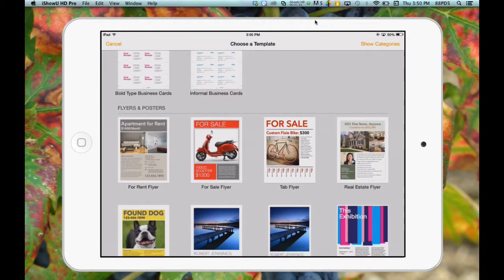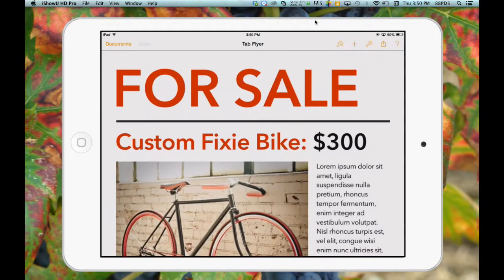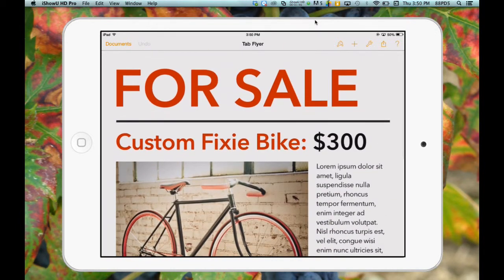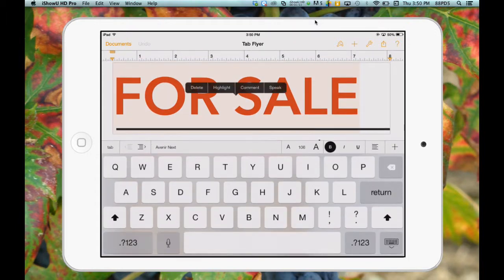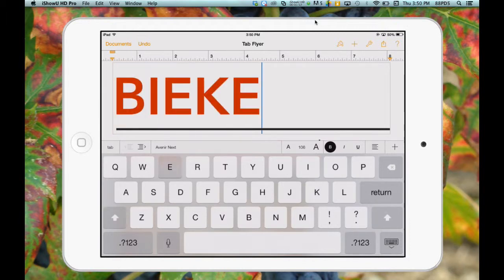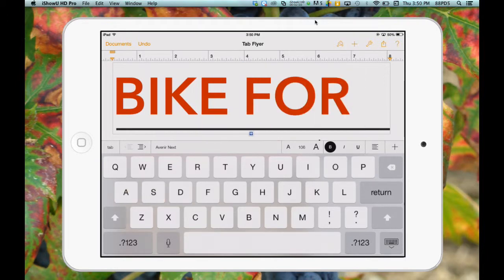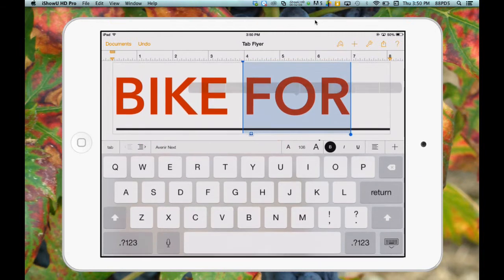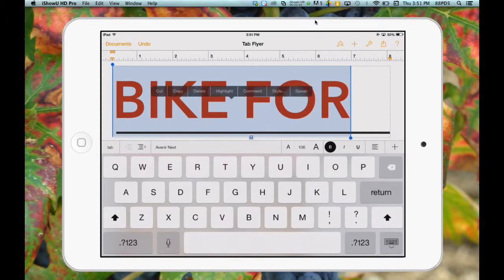So for example, let's go to this tab flyer. So I'm going to go ahead and tap on the tab flyer, and it's going to create a new one. And just like it said, it's going to be all there and ready for us, and all I have to do is double tap, and it brings up my keyboard, and I can change it, and I can say alright, and you can see now my text is too big, so what I can do is I can double tap on it, and then I can select, and I can highlight what I need,